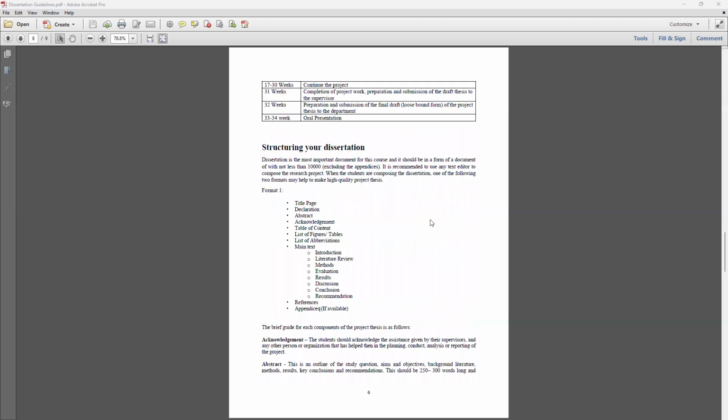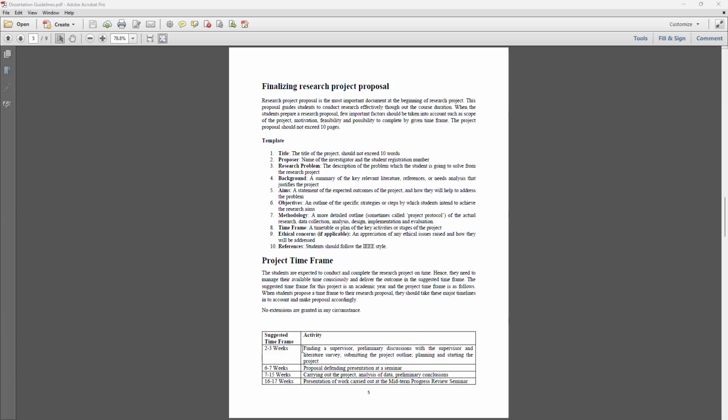Within the next 3 weeks, you need to find a supervisor and have a preliminary discussion with them. Give them a call or send them a message saying, this is my research idea, I would like to discuss it with you, and I would like to take you as my supervisor. Discuss with a couple of supervisors, that's no problem, and then select the appropriate supervisor according to your discussion. You need to start the research from today.